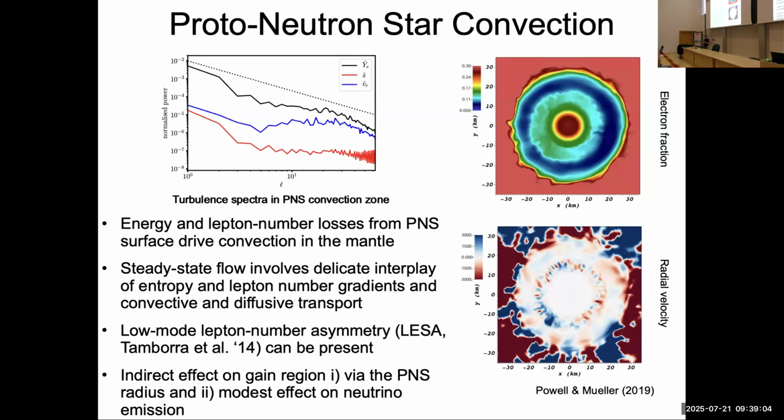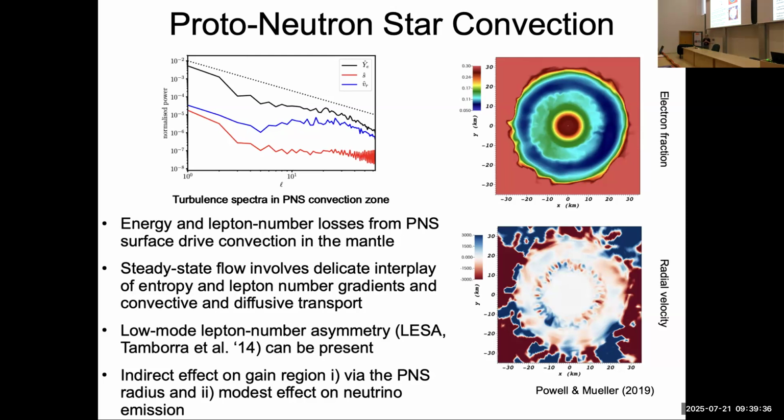And its dynamics is actually, if you look at it closely, which I can't do now, amazingly complicated, because you have a lot of interplay between different stabilizing and destabilizing gradients of lepton number and entropy. The dynamics of this region is a very subtle hydrodynamic phenomenon. It also has potential repercussions on the neutrino emission. So there seems to be a low mode instability called LESA, which we discovered